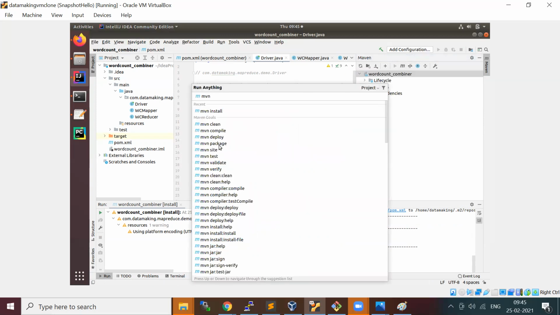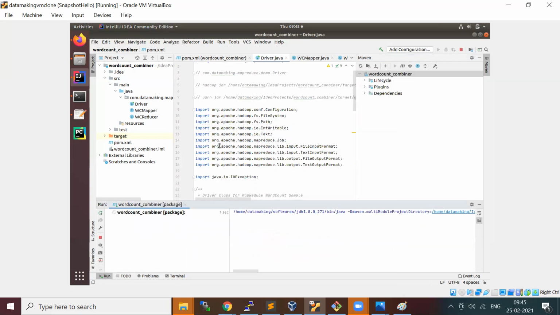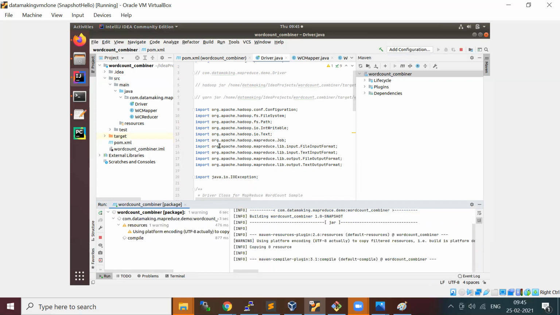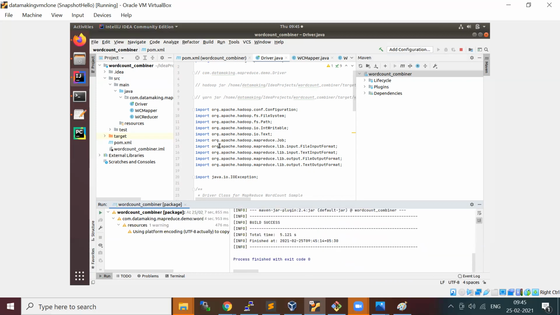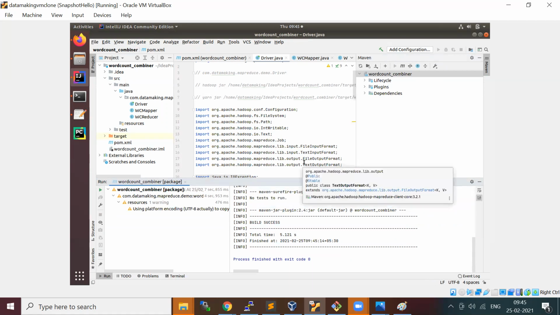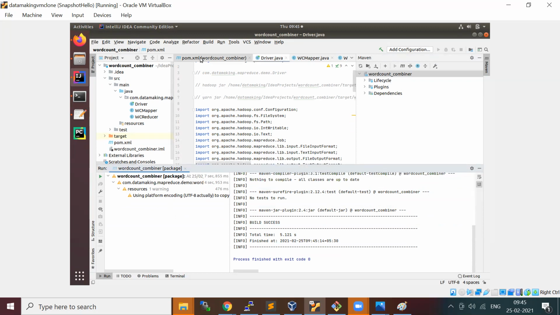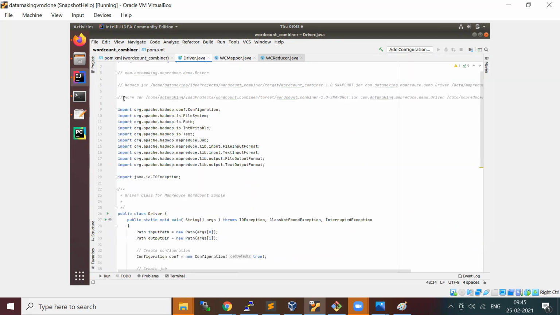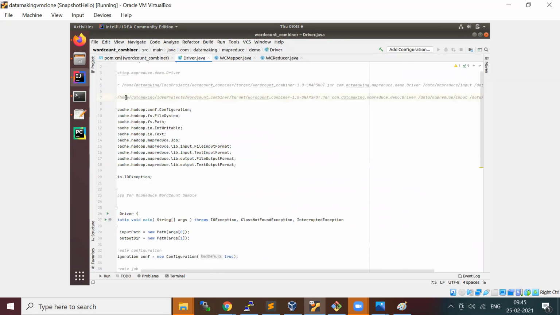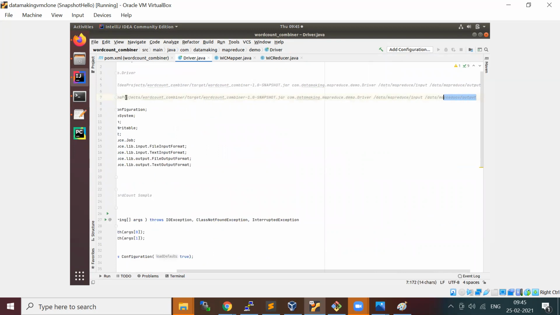Maven package. Okay, so we'll take this. I will also delete the output.